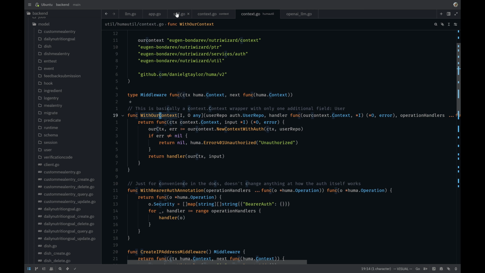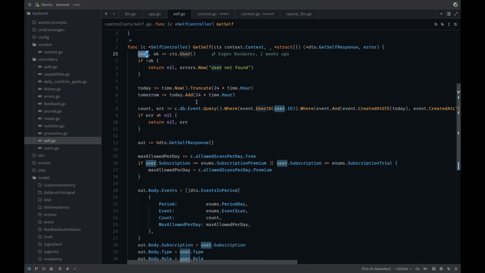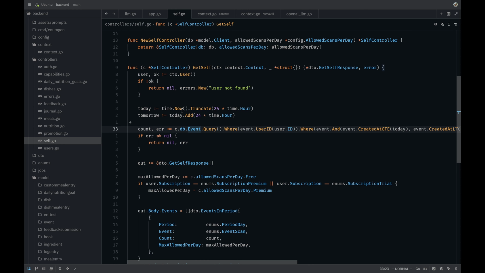So I can show you what it looks like from the consumer perspective. This endpoint or this handler is actually a consumer of this repository, and as you can see, the usage of this repository